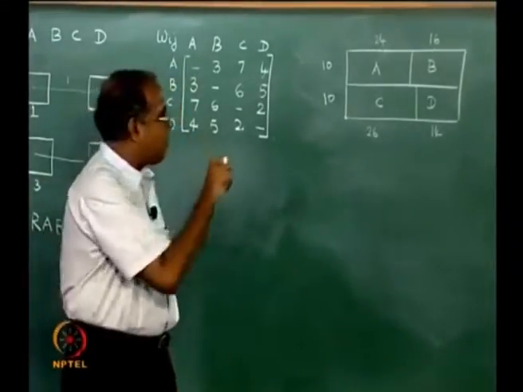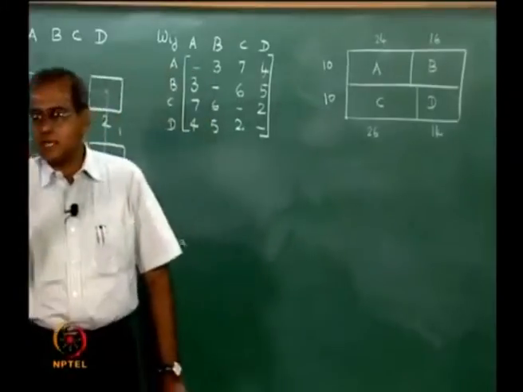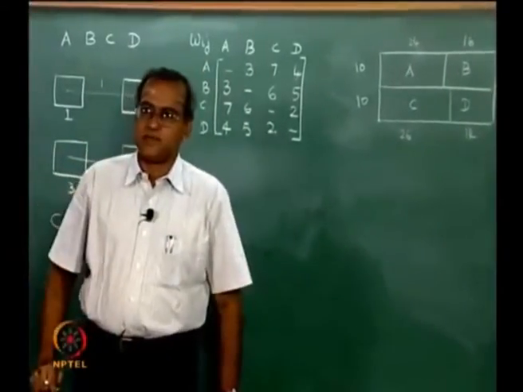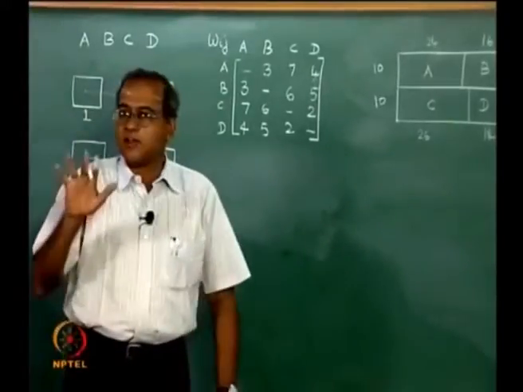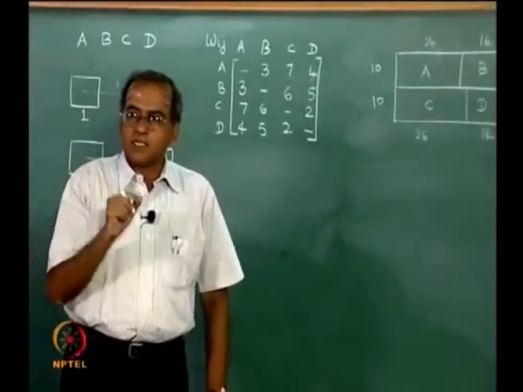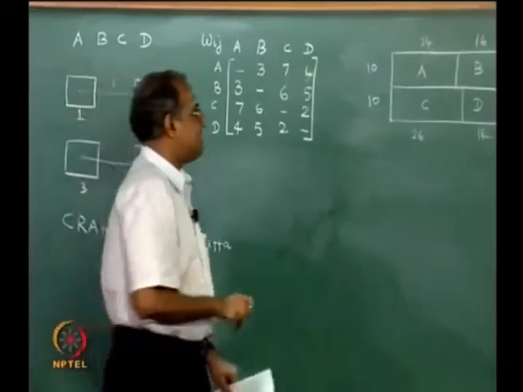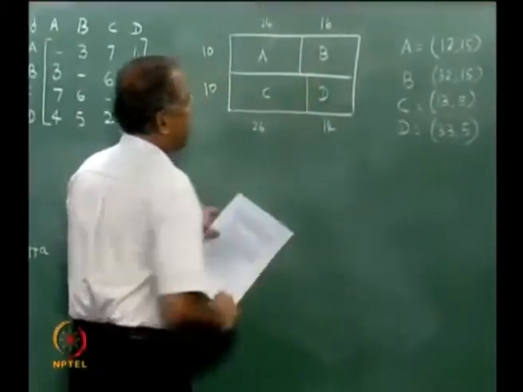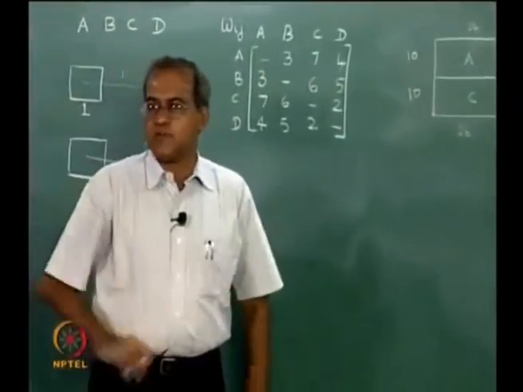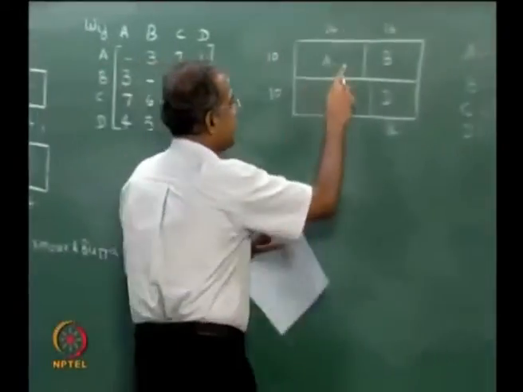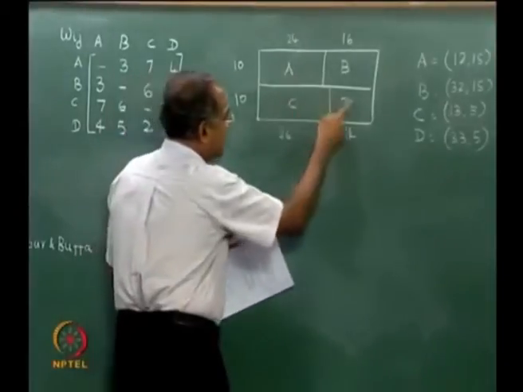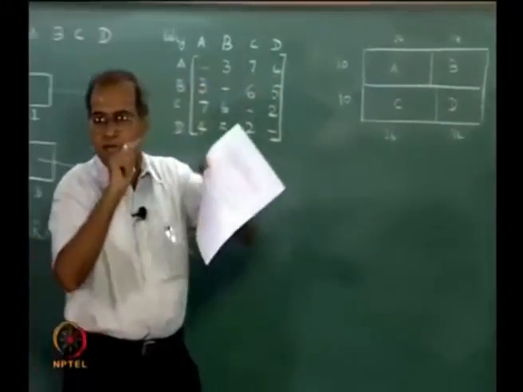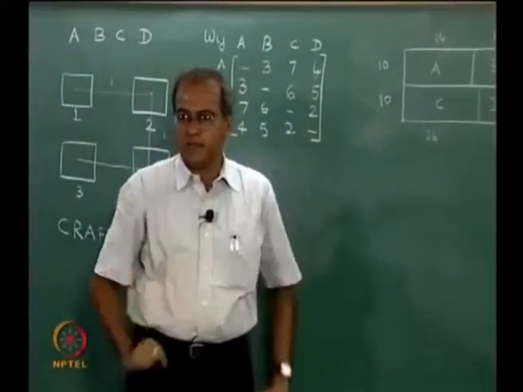Since there are 4 departments, there are actually 6 possible exchanges, but out of the 6 possible exchanges, we will consider only 5 of them. We will consider those exchanges where there is a common boundary between the two facilities. For example, we will consider A and B, A and C. We will not consider A and D because they do not have any common boundary or area.